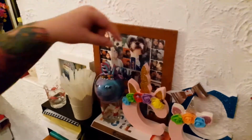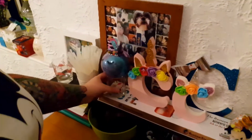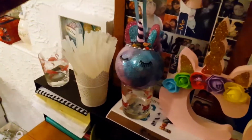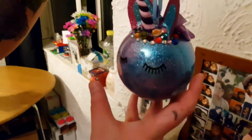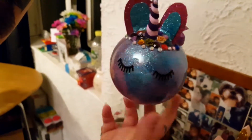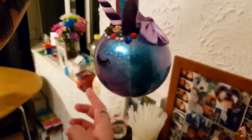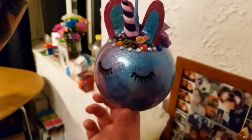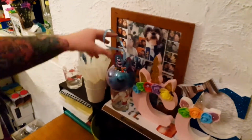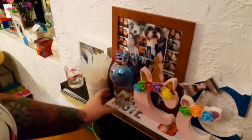A photo frame at the back. Then I have my Christmas cup, which I use to work on the baubles because they are massive. This is a large unicorn bauble with eyes this year. I've pushed the boat out. Last year, they didn't really have eyes. But yeah, so she just sits there. And then moving across,